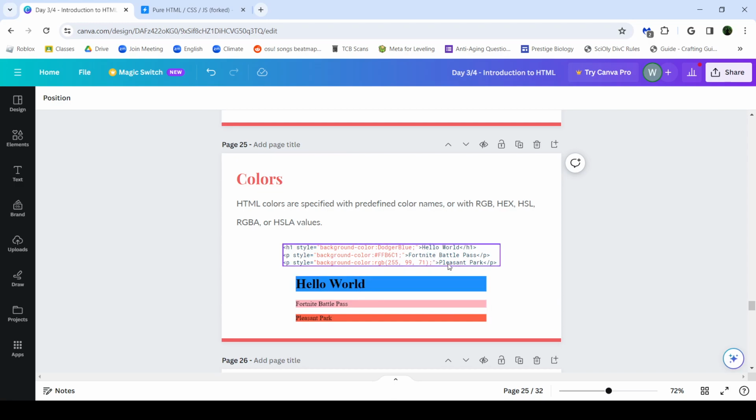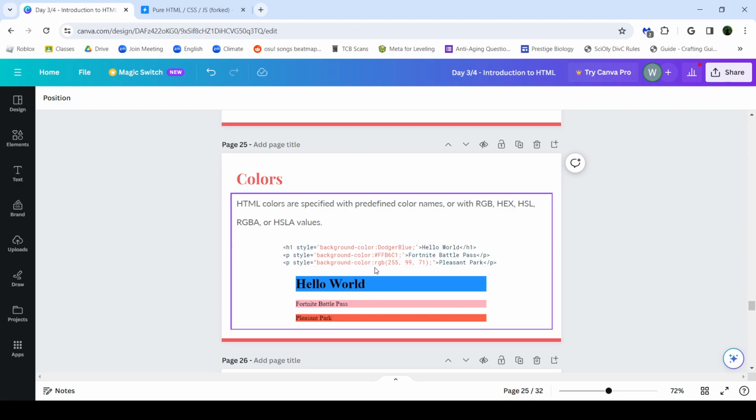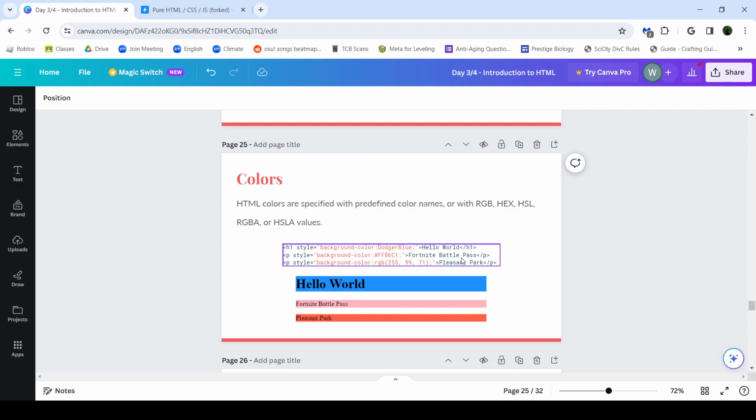So what do you want the text to be for this section? This is the same as before with the paragraph stuff. You just have this attribute here, style, within the opening tag. You still need text here, of course, and then the closing tag like normal. So let's try and code this in our